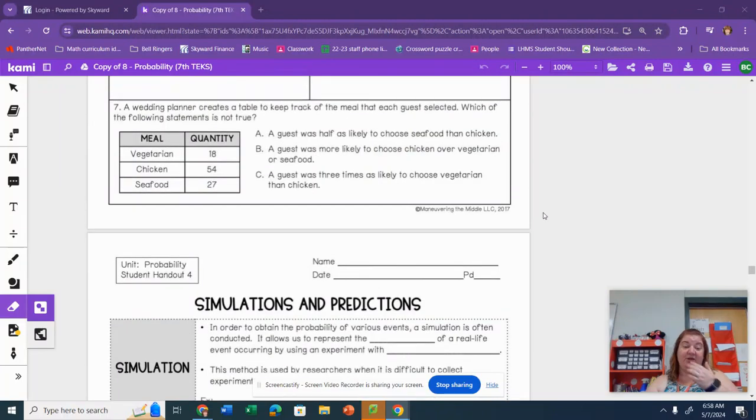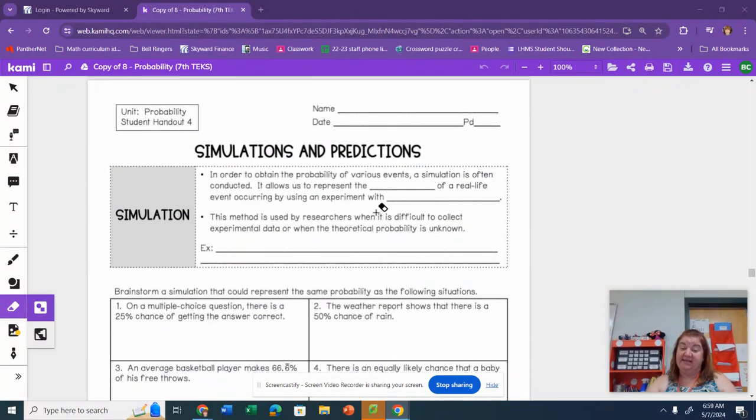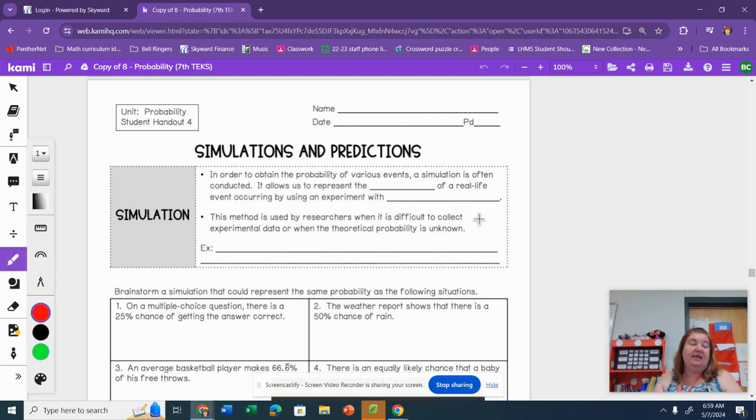Hi guys, today we're going to learn about simulations and predictions. In order to obtain the probability of various events, a simulation is often conducted. It allows us to represent the likelihood of a real life event occurring by using an experiment with